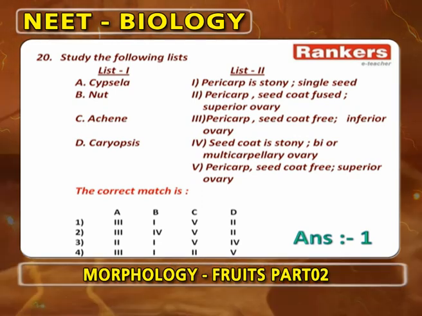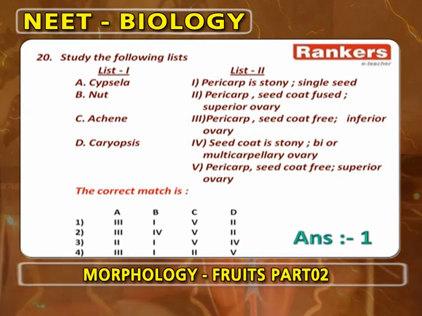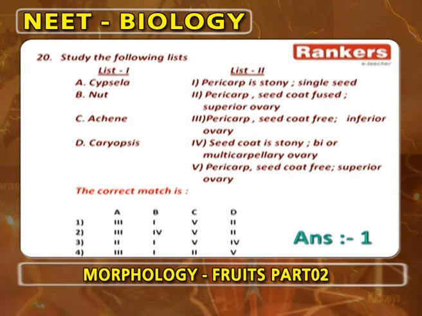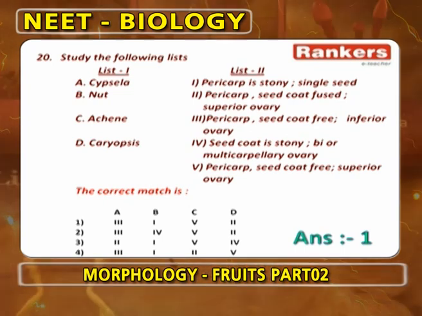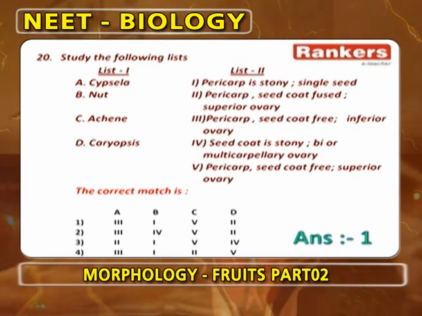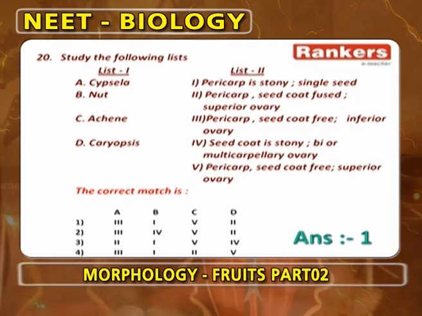Study the following list matching. List 1, list 2. Cypsela, nut, achene, caryopsis. Answer is 1. A is 3, Cypsela: pericarp and seed coat are free, inferior ovary. Nut 4: seed coat is stony, bi or multicarpellary ovary. Achene 5: pericarp and seed coat are free, superior ovary. Caryopsis is 2: pericarp and seed coat are fused, superior ovary, because caryopsis is a fruit of the family